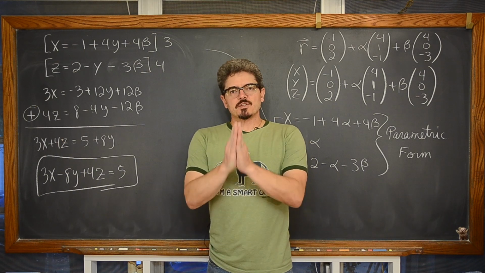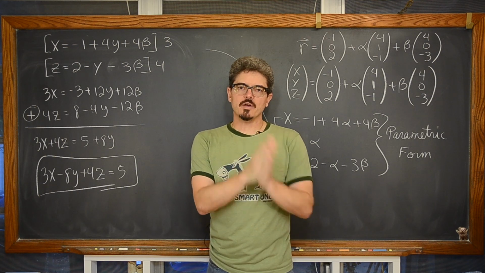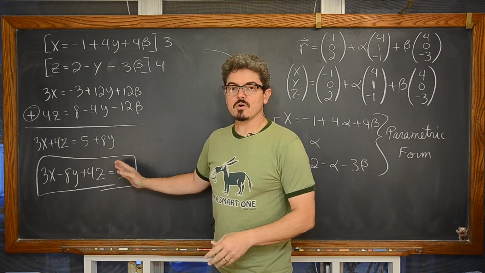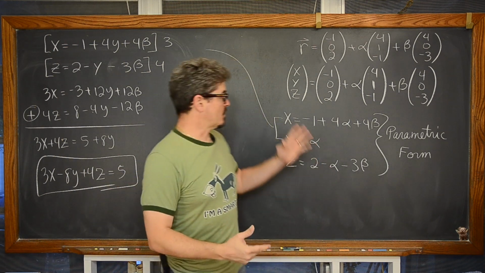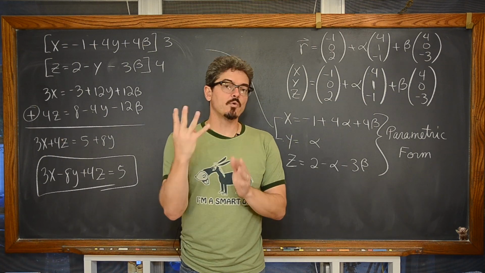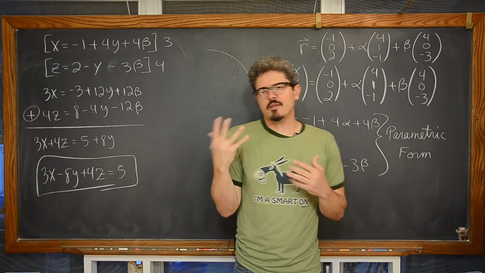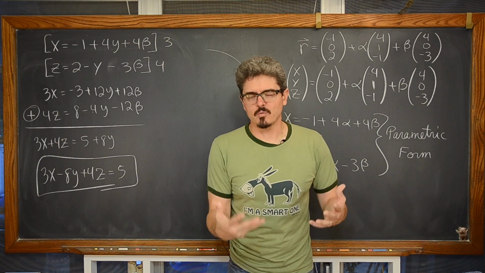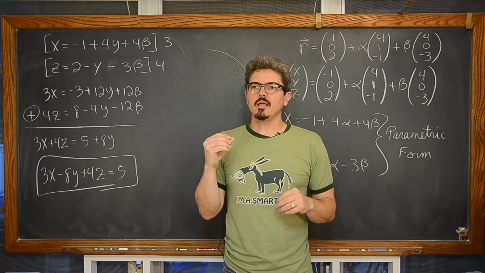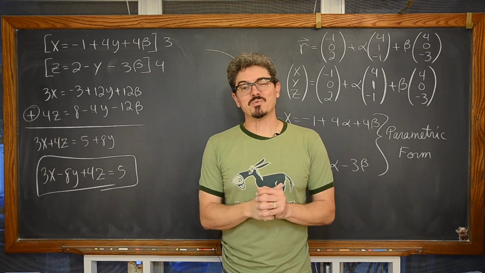If you want a process for going from the vector form for the equation of a plane straight into Cartesian form, and not having to go through the parametric form and solving a system of equations, you can use another fourth form for the equation of a plane, which is still a vector form, but it involves the dot product and a normal vector, which is what the next video is about.